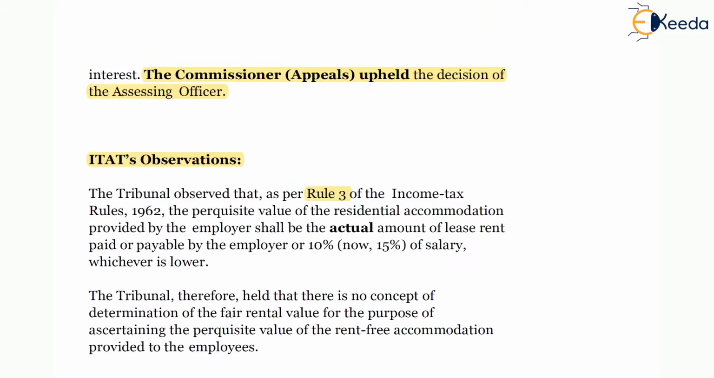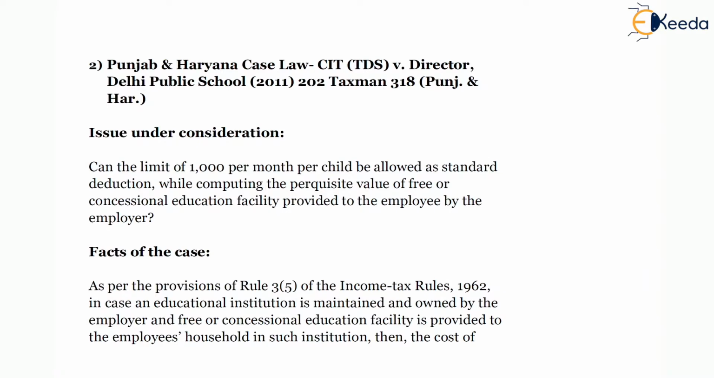Now the next one. The second case law is a High Court case law, Punjab and Haryana, CIT TDS versus Director, Delhi Public School, 2011. In this case, the issue under consideration is whether the free or concessional educational facilities provided by the employer to the employee, that is, to the child of the employee of the SSC, wherein 1000 per month per child is an exemption limit as per Rule 3(5) of the income tax rules,